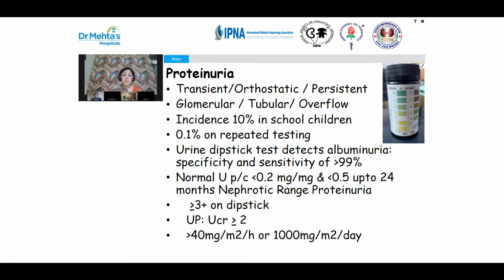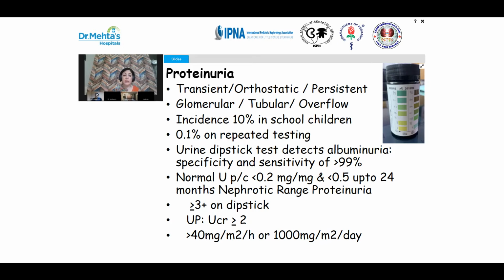The urine dipsticks that we usually use in our office practice are actually sensitive and detect albuminuria, for which they have high sensitivity and specificity. They do not routinely become positive with other tubular proteins, for which various other investigations are required. But since we are talking today of glomerular disease and assessment of a child with suspected glomerular disease, we will concentrate more on the glomerular proteinuria, which is more or less almost entirely formed by albumin.